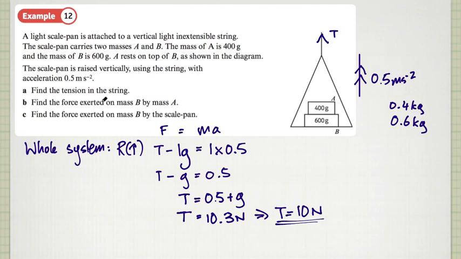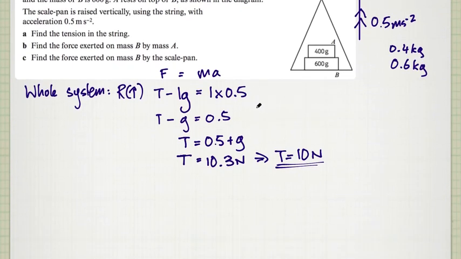Part B, find the force exerted on mass B by mass A. So we've got mass B sitting here. A is exerting a force on that, and B is exerting a force back. And those forces will be the same. The pressure that A puts on B is exerted back on A by B. So in this, I am going to isolate the thing that has least forces acting on it. So I'm going to say for A only, this is question B, for A only,